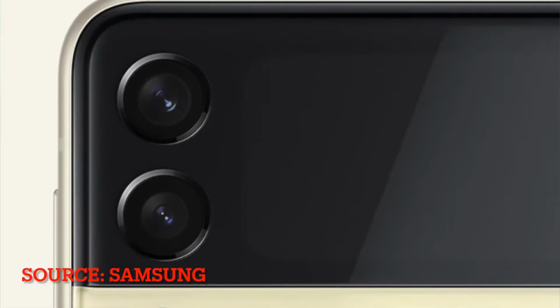Plus, you have a much bigger camera lens where each of them have a 12 megapixel sensor. The two lenses are ultra wide and wide angle. Then of course, the other difference between the Z Flip 2 and the 3 are the size. Okay, now let's open the phone. Well, okay, I don't have a physical flip phone to open, so...